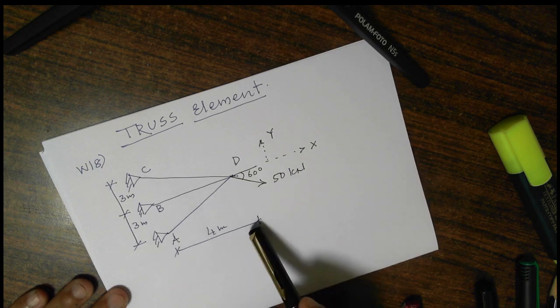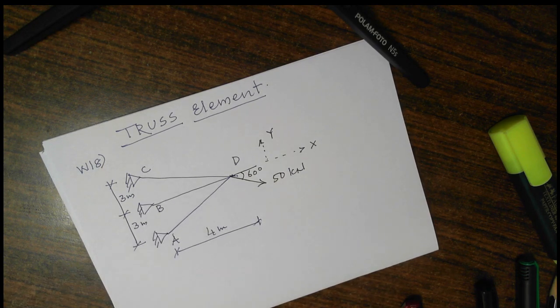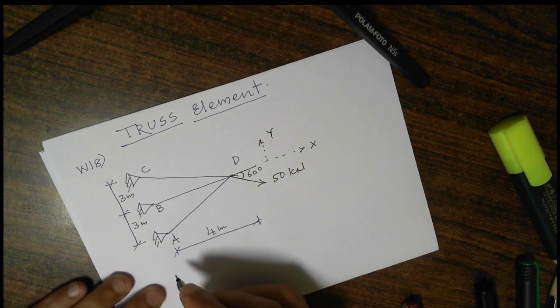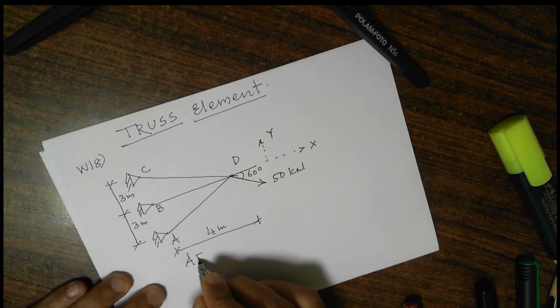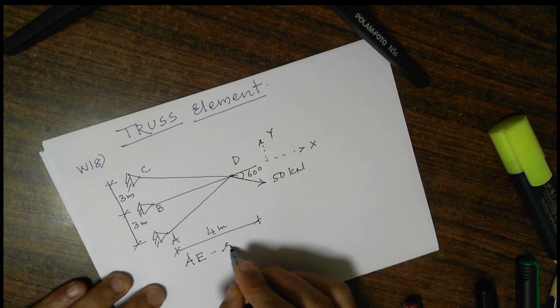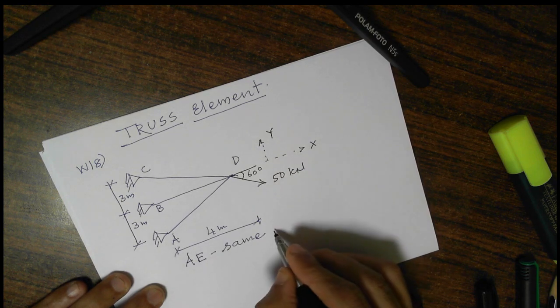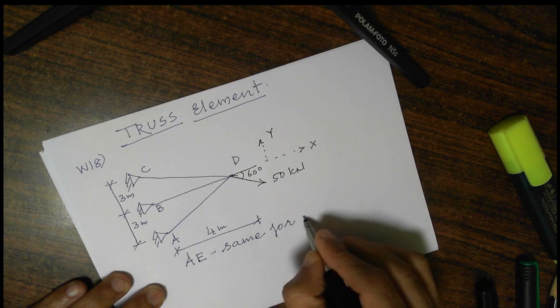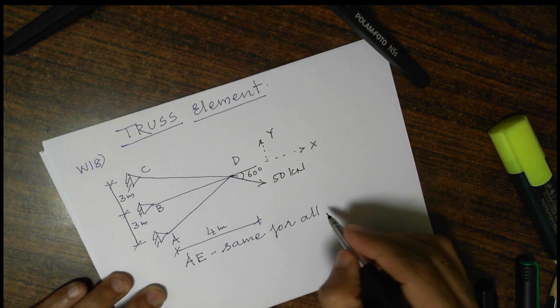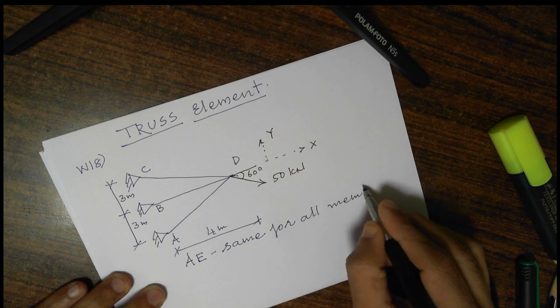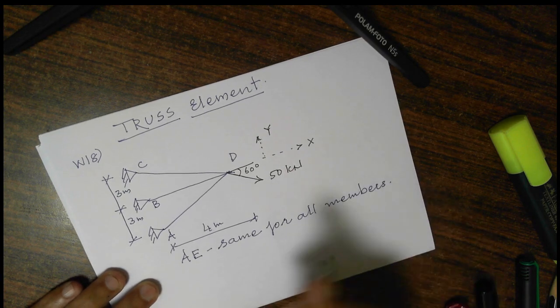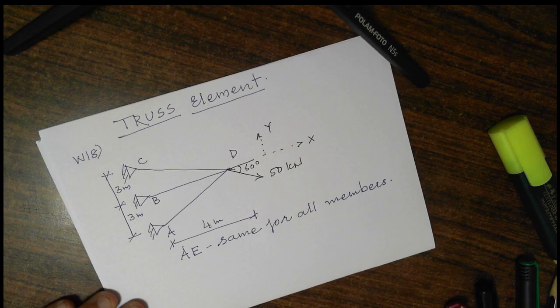in the direction given. The lengths are given, and unless and until it is mentioned specially, we can take area of cross section of all the members are same, and we can take the modulus of elasticity for all the members is same. This means all the members are made up of same material. So I can take AE is same for all the members. Unless until specified, we can take AE same for all the members. So we have to analyze this and find out the member forces in all the truss. This is our numerical, and we will start with it.